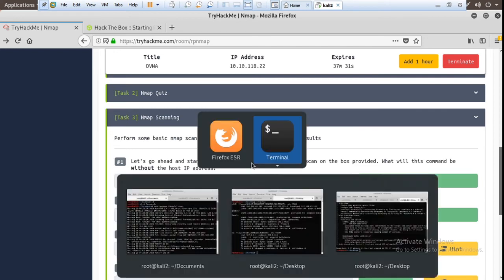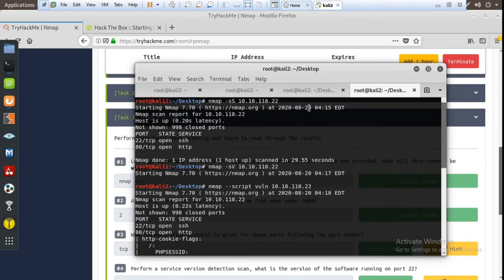Here I have already scanned, to save your time. So nmap -sS and the IP. You can see here two ports are open: 22 SSH and 80 HTTP.